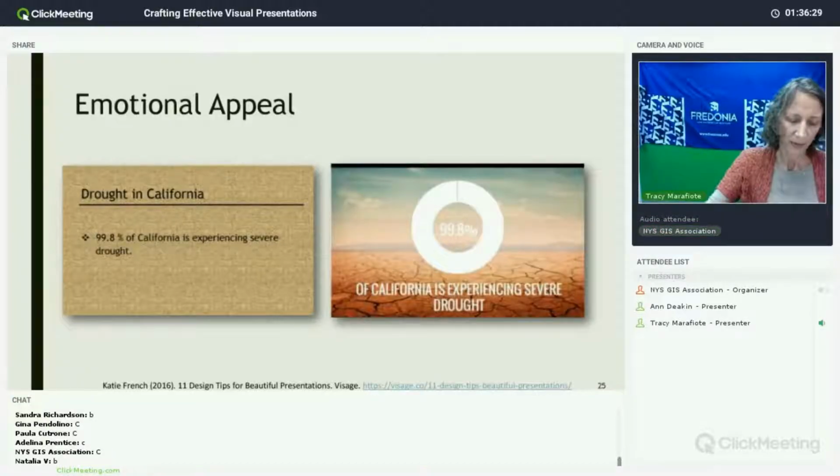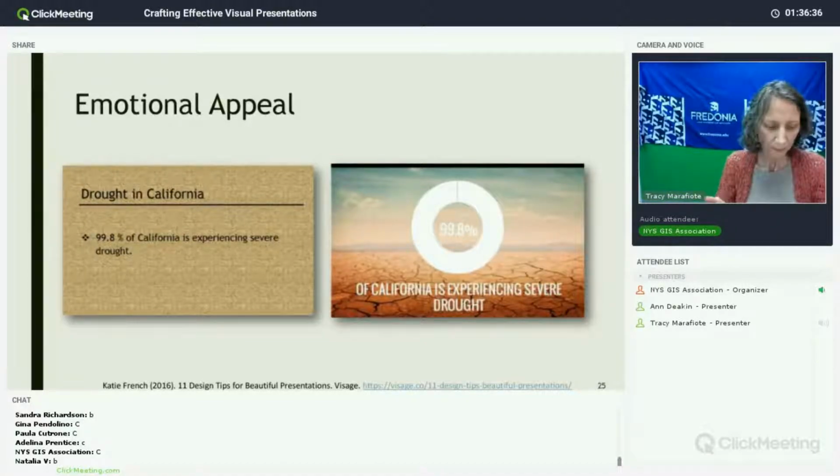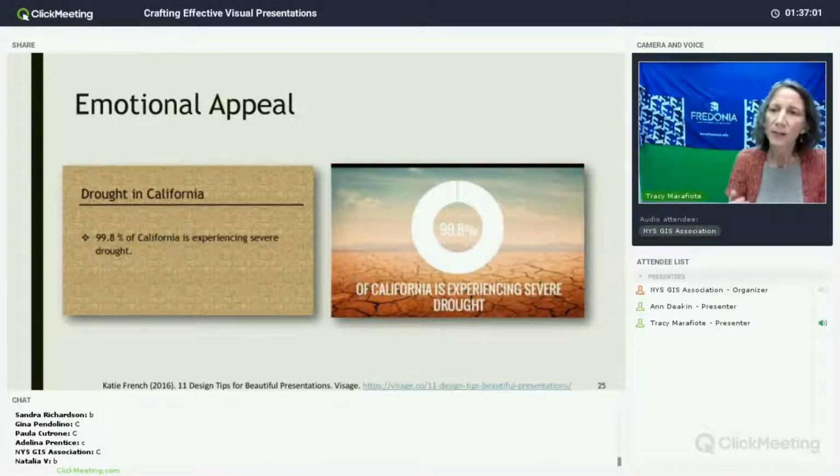Another example are these 2 slides. Now, these really successfully demonstrate the difference between text only on one hand and an image with text on the other hand, as opposed to just stating the fact in the first one, which is a good fact and is an important fact. Right? Happily no longer the case, right? But it's an important fact. But the one on the left makes much more real and present the importance, the significance of that statistic, because we have a visual expression of what that actually might mean for a place that is experiencing drought.